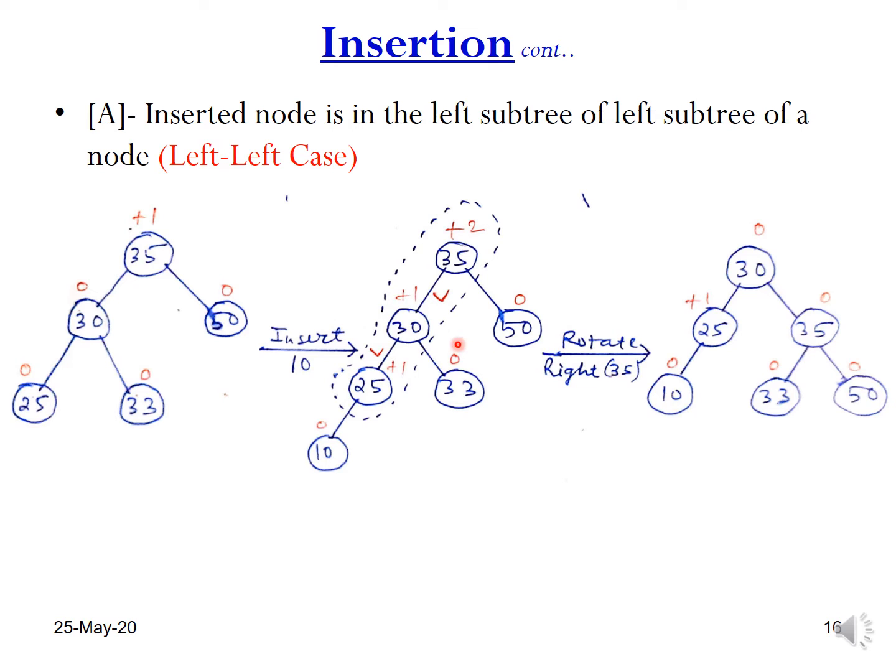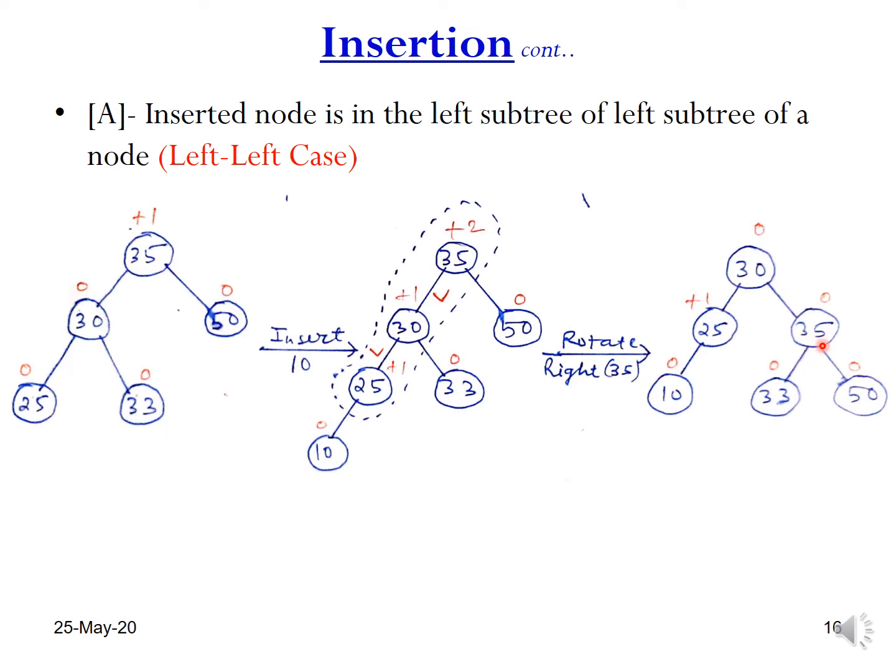Or in other words, we can say we normally take three nodes, and we find the mid value of these. After considering that mid, the tree is rotated, so we will rotate this 35 and it will come out here. So at the top, the root will become 30, with 35 on the right, and 33 and 50 arranged so that it is now balanced, and it will come here on the right-hand side.